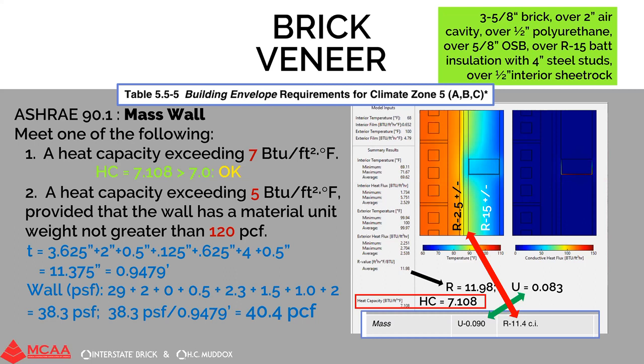And we look at the weight of the wall. So we've got 29 pounds a square foot for the brick, 2 for the ties, 0 for the air, 1/2 pound a square foot for the 1/2 inch insulation, 2.3 for the exterior sheathing, 1.5 for the stud framing, 1.0 for the interior insulation in the cavity space, and 2 pounds for the interior sheetrock. We end up with 38.3 pounds a square foot for the wall, divided by the thickness gives us a unit weight of 40.4 pounds a square foot. It's less than 120, so all we need is a heat capacity of 5, and we have 7. So both checks confirm the fact that this can be considered a mass wall, which reduces the demand of insulation